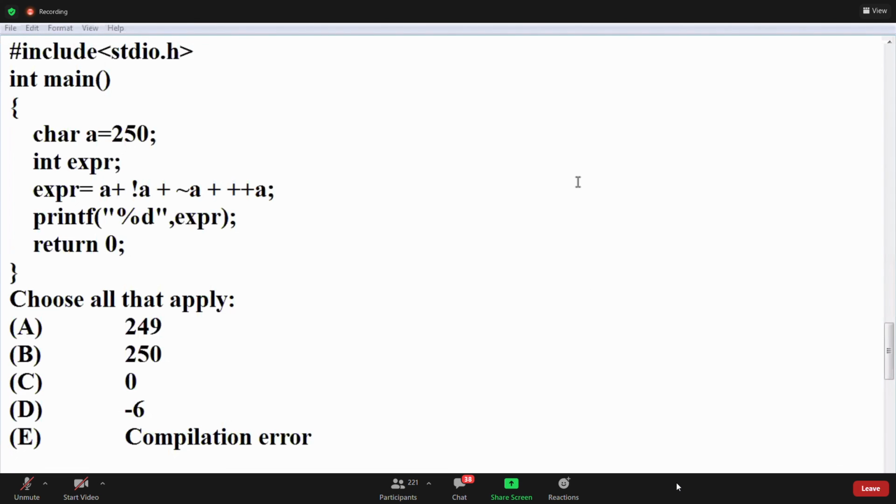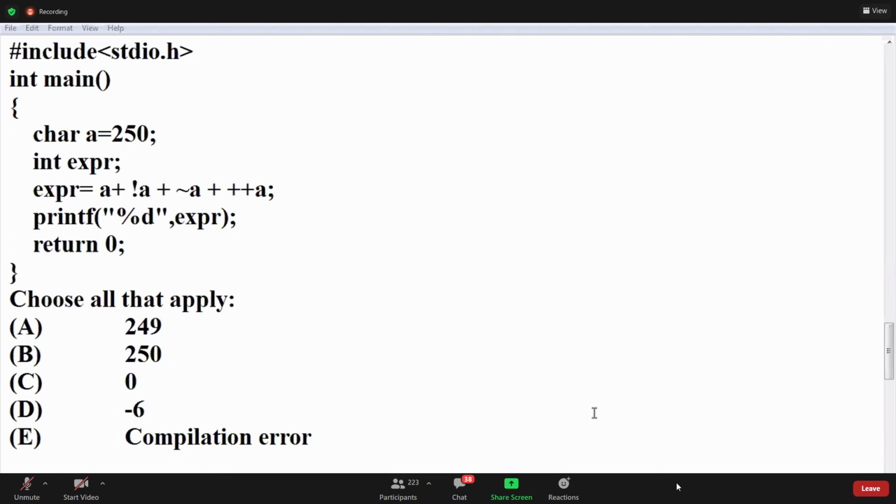Guys, what is the answer you got? $250, Mahesh. Yeah. -6, Siddharth.